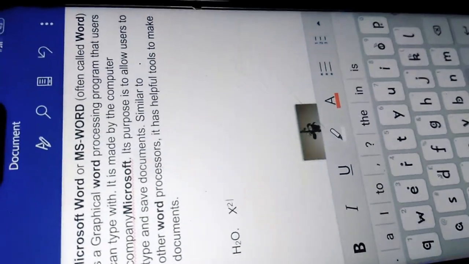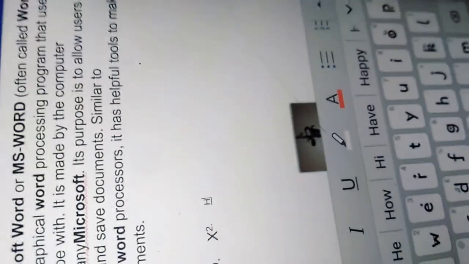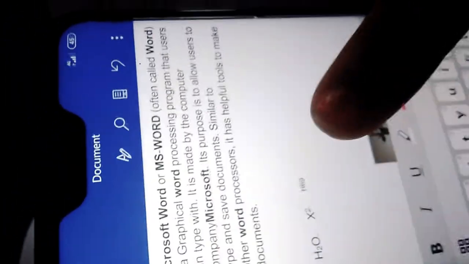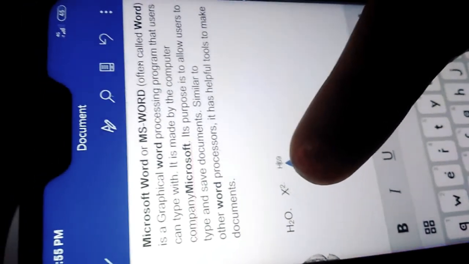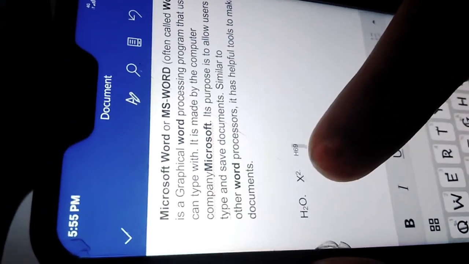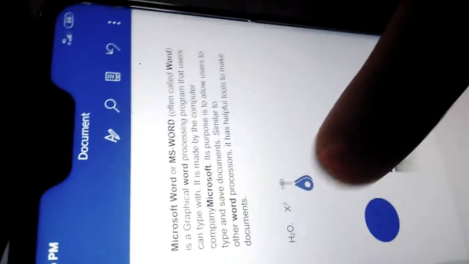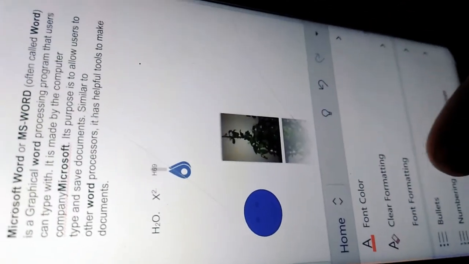Next, I have written H6 and O. If you want to give the subscript effect on 6, you just have to select it, then go to the Home tab, then font formatting, and Subscript.